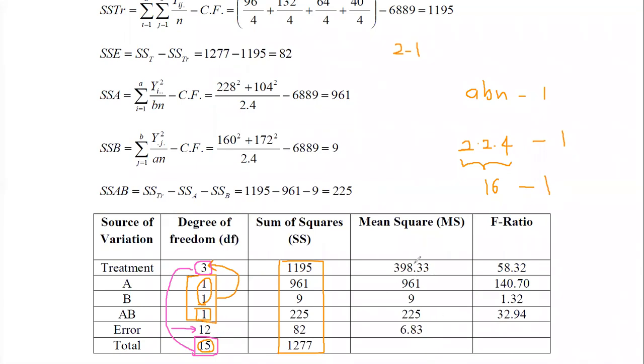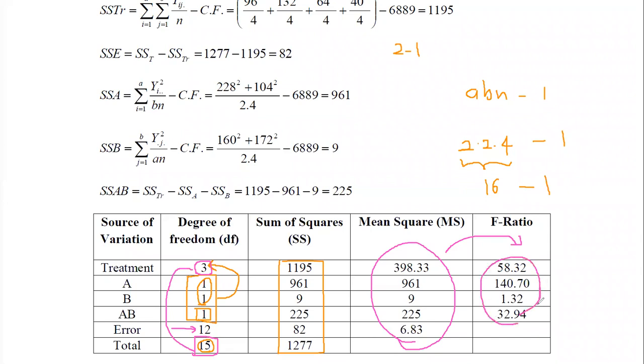To obtain the mean square, you need to take the ratio between sum of squares and degrees of freedom. Therefore, you can see that this is the set of mean square values we have obtained, and using these mean squares we can obtain the F ratio. We need to take the ratio between the mean square of treatment A, B, and the interaction term with the mean square error. Once you take the appropriate ratios, you will end up with the F ratios in this form.